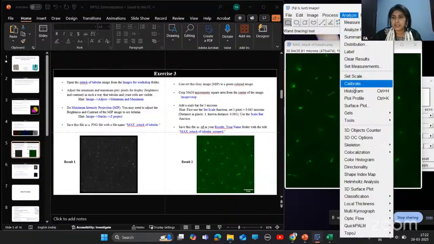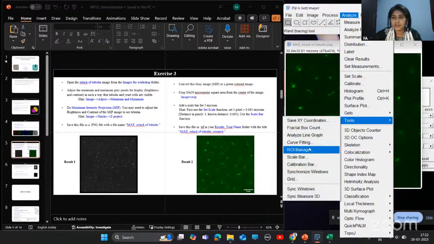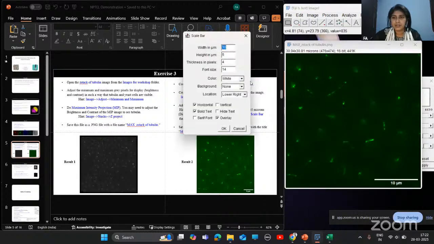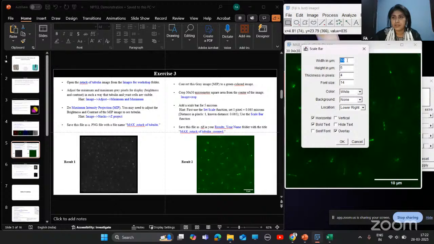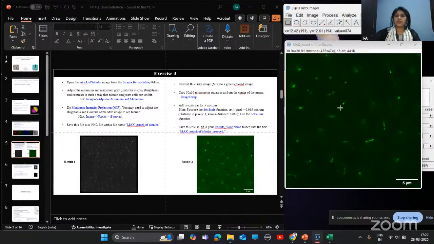Again, Analyze, Tools, Scale Bar. So here we'll put 5 micrometer of scale bar. Okay, so this image is similar to this result too. Next, we'll save this image.